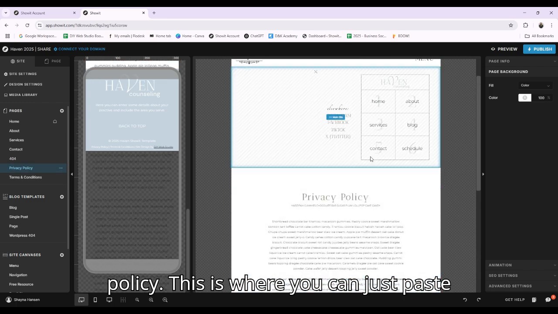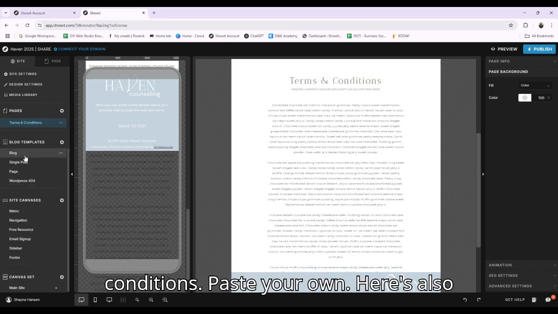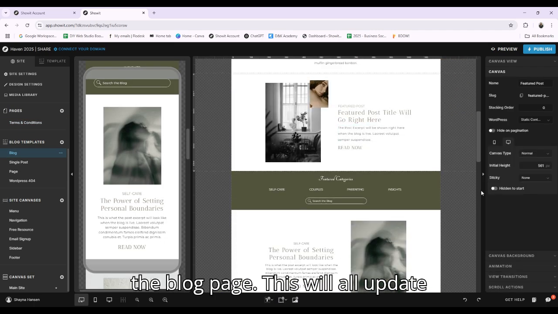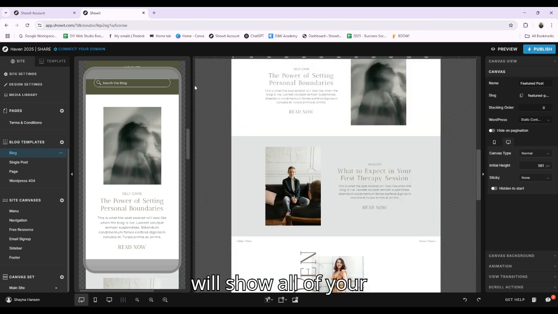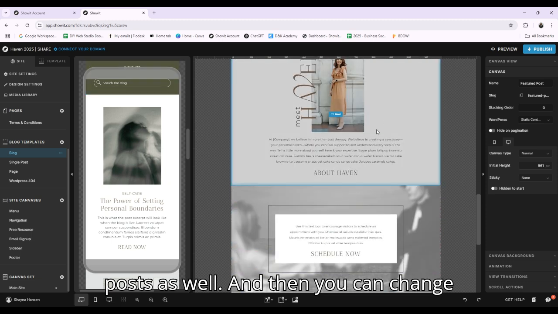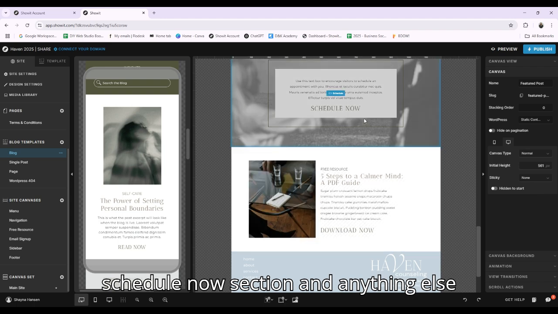Okay, privacy policy. This is where you can just paste your own, as well as the terms and conditions, paste your own. Here's also the blog page. This will all update with your own blog content, and this will show all of your posts as well. Then you can change the about section here, as well as the schedule now section and anything else that you